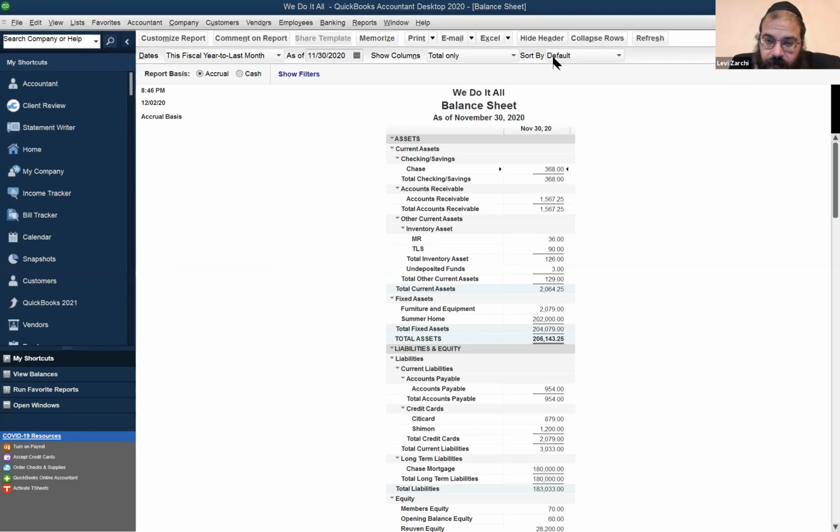Okay, so installing QuickBooks is one thing, but now you have to activate it, right? There's a way to activate it in the Help drop-down menu. There's an option to activate the software. And for that,